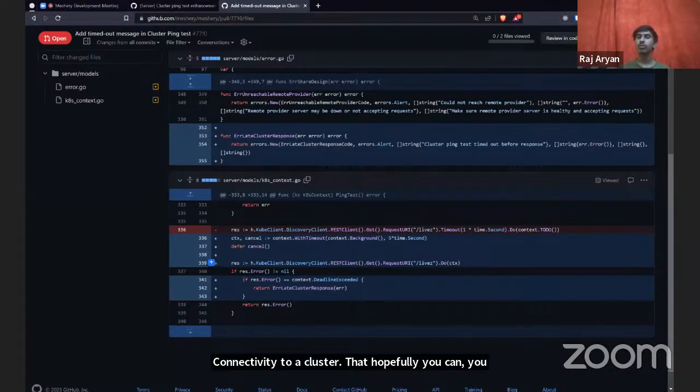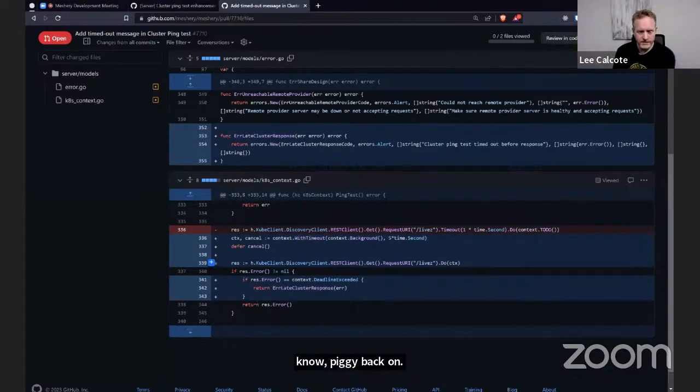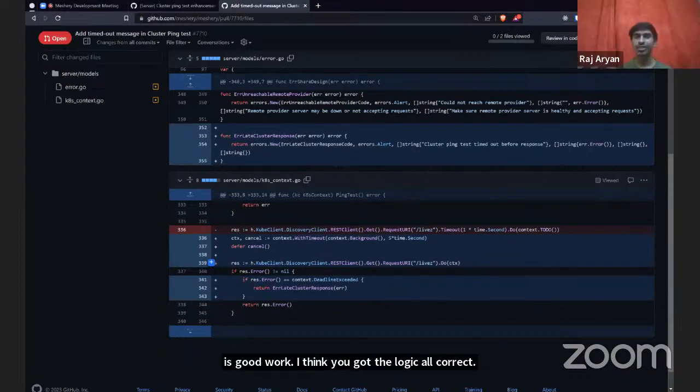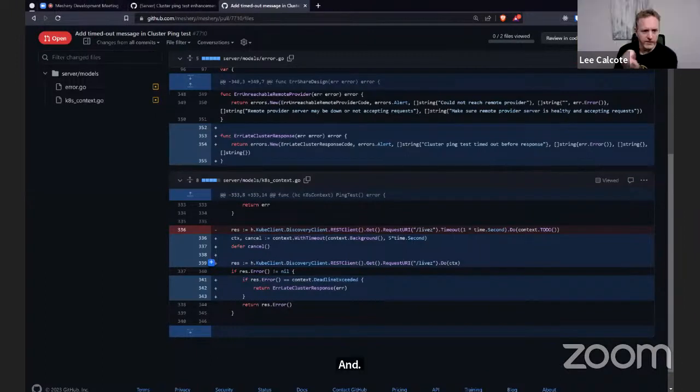Anyway, maybe we should do a time check. It's like, hey, this is good work. I think you got the logic all correct, and you even did a great first step of having a specific error code specifically for this. And when you tie it off with those additional strings, it'll be super helpful, very insightful for people, because what